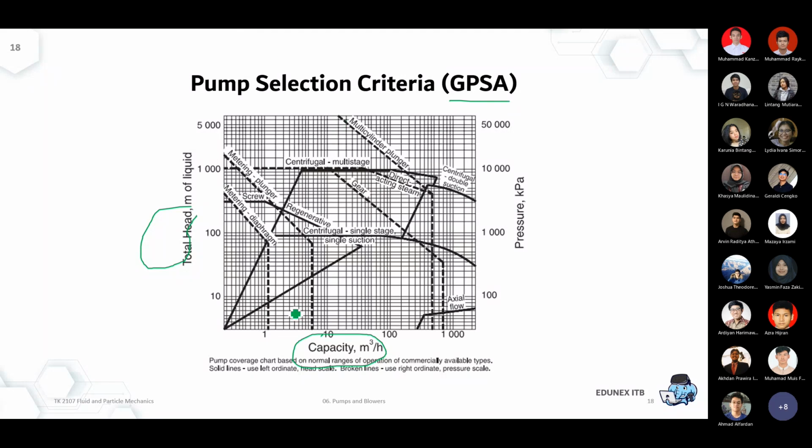Okay, this is a guideline. Just match with this pump. Just use this mapping to help you with the typical correct type of pump. So let's say you're working with a very small capacity, less than 1 cubic meter per hour. There is not a lot of option for low capacity pump. So regardless of your head requirement, you are likely to be working with a metering pump.